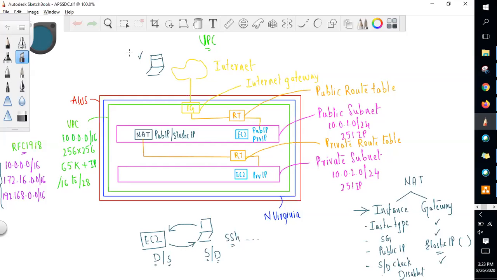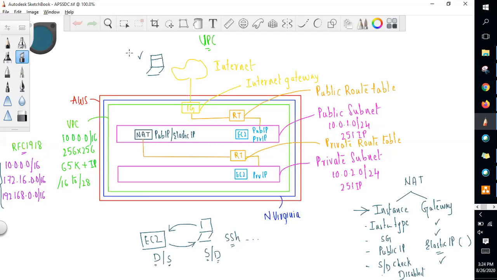Yeah, please continue. So here for the public subnet, we have taken 10.0.1.0/24. That 24 means each part will have 8 bits. So 10 has 8 bits, 0 has 8 bits, 1 has 8 bits, and the last 0 is 8 bits. In total, 32 bits. So the /24 indicates that from the 24th bit onward, we are going to use it for the subnets. Then similarly, for the private subnet, we are going to use 10.0.2.0/24.